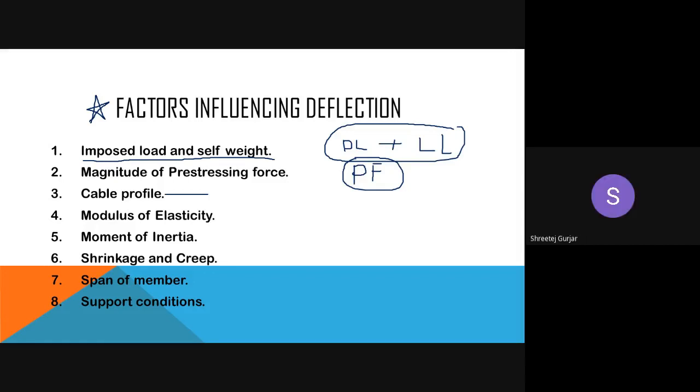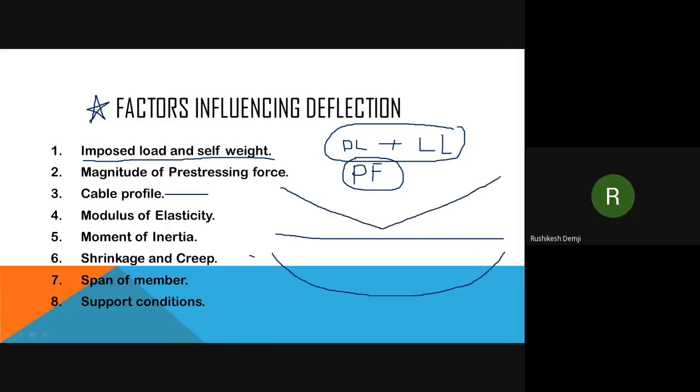No, sir. Cable profile is nothing but the shape of your tendon throughout your longitudinal section. Okay. So any you can recall which you have solved previously? I didn't attend the classes only. Okay. So Sanju, can you name a few cable profiles? Cable profile is nothing but how your cable is arranged in your longitudinal section. Not hogging and sagging. I'm drawing cable profile. See, I'm drawing. Can you now recall?